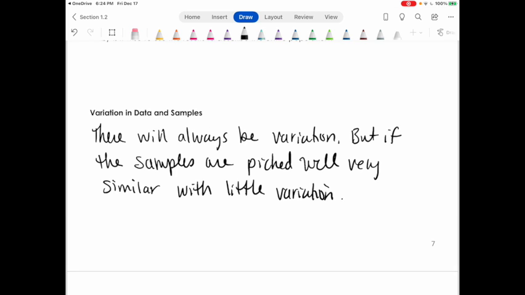Okay, so that gets us through our content for section 1.2. Looking ahead, once you have a set of data, you're going to need to be able to organize the data. Understanding how to categorize the data, what kind of data it is, will help you determine what kind of graphs and charts to use. And so in the next section, we're going to start looking at some common ways that we can summarize and organize